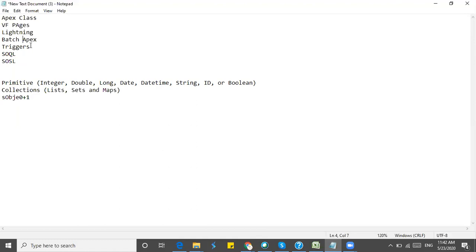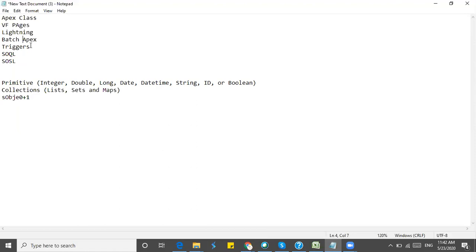Not all the records are processed at once, but for 1 lakh of records, it may take around 1 hour or 15 minutes, according to the data available and the complexity of the code we have written. It will take some time. We can see how many batches are processed in the UI. I'll show that when we get to the topic of batch Apex: how to check the processing of records, and how to check if a batch has failed.